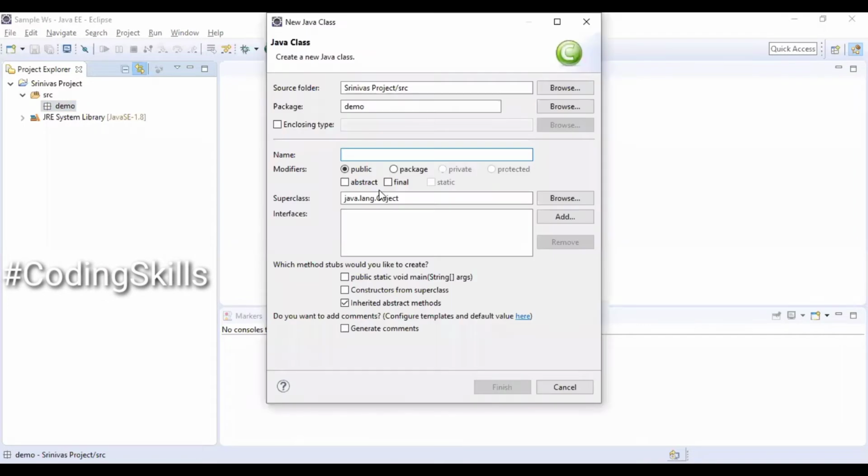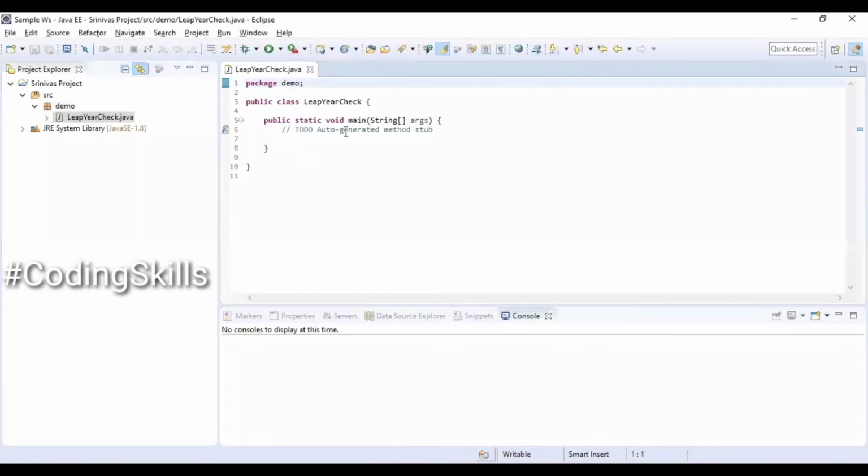Creating a new Java class and naming the file accordingly. Also choosing the public static void main method. Removing the TODO statement. Printing a message on the console requesting the user to enter a year value.